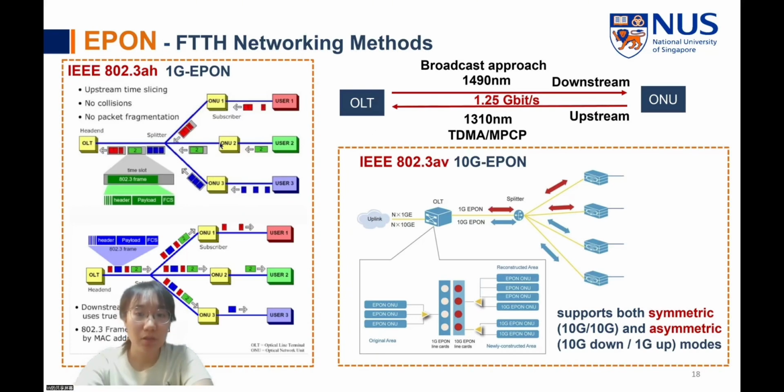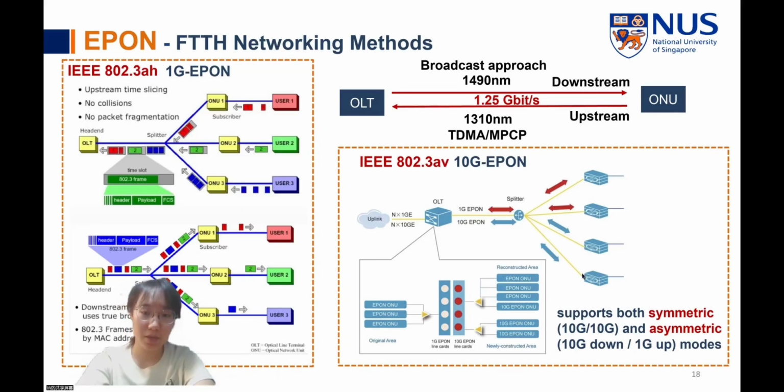For upstream, the wavelength is 1310 nanometers, and for downstream, the wavelength is 1490 nanometers. For downstream, the data is broadcasted from the OLT to the ONUs, while for the upstream, it uses TDMA with the OLT managing time slots via